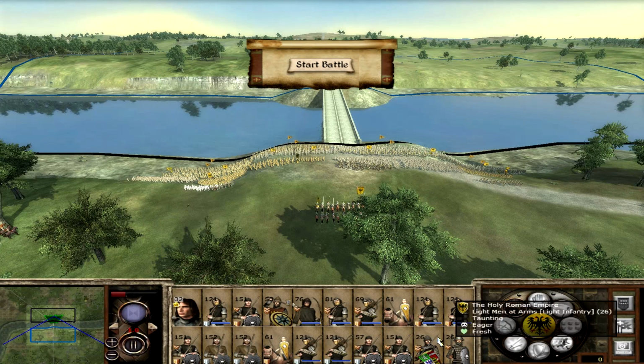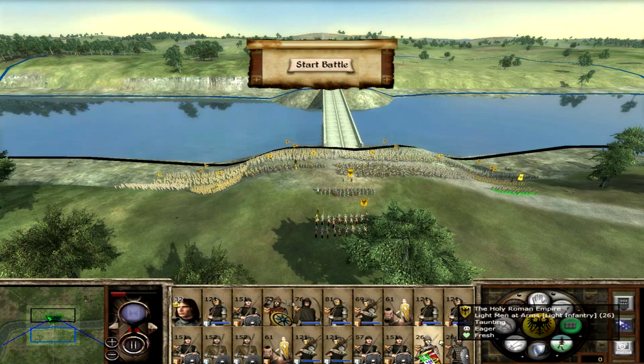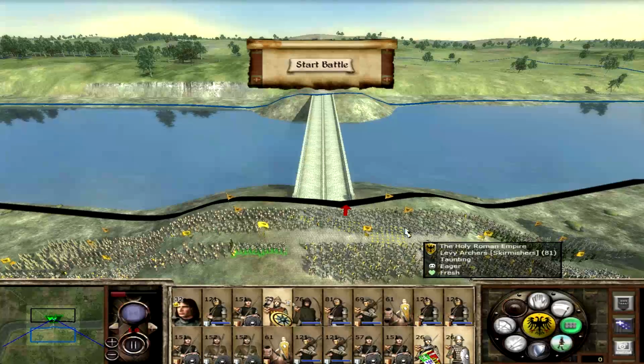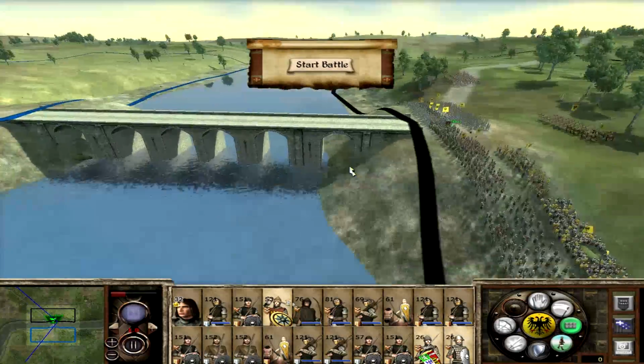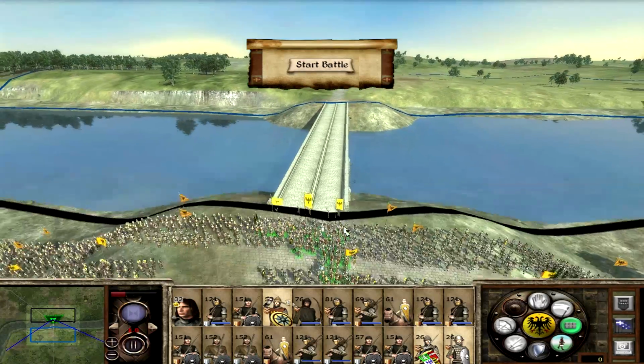We haven't really got the best units, but we've got some Viking mercenaries, which should be alright. Can they make shield wall? No. That'd be perfect if they could. But I love these bridges in Stainless Steel. They kind of remind me of Third Age. I guess they're the Kingdom's bridges, but...